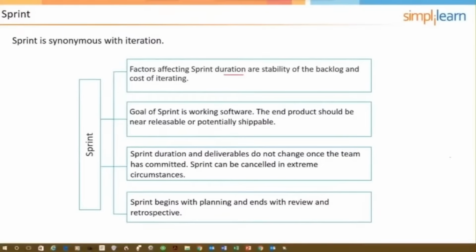The sprint duration and deliverables do not change once the team has committed. This is another one of those things that has to be viewed as absolute when we're doing Scrum. So if we say that we're going to do a 2-week sprint and we select 5 user stories, based on our velocity or capacity, once that decision has been made, the duration of the sprint does not change, and we do not add or